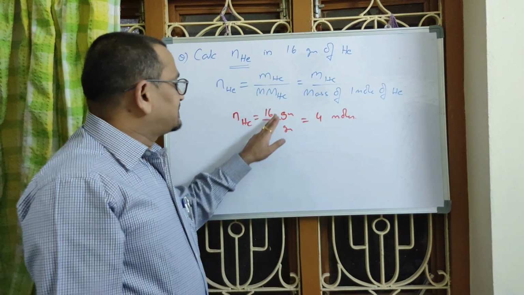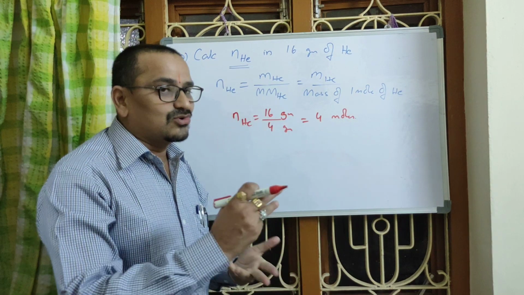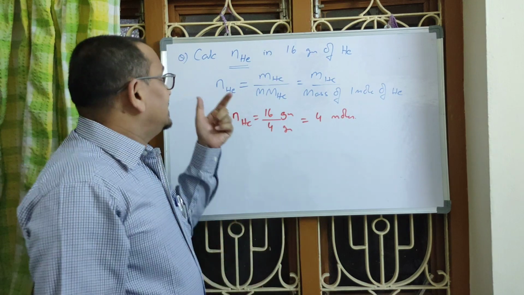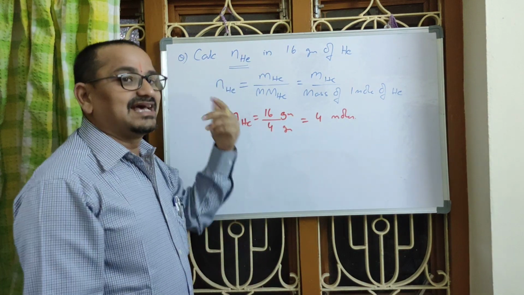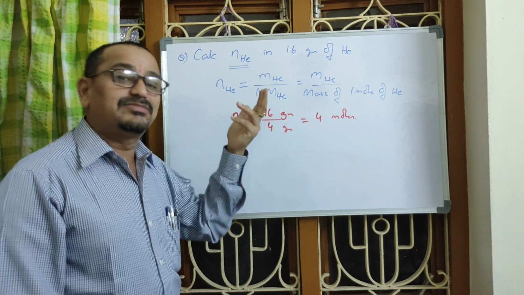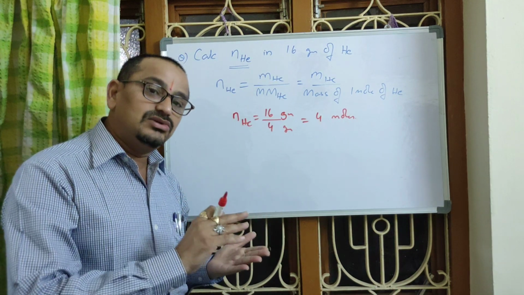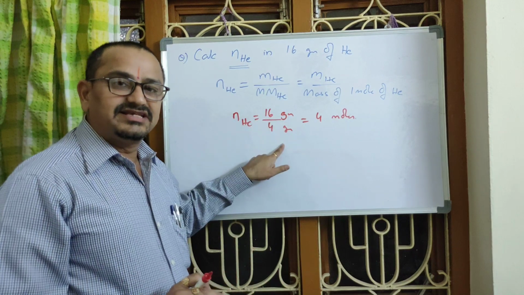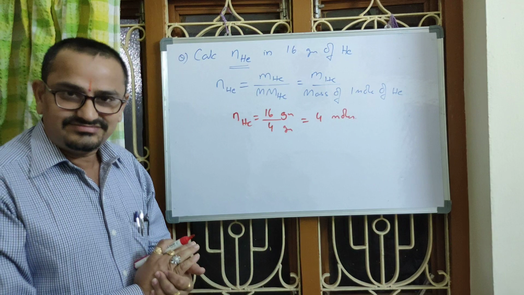Even as we are expressing every parameter in terms of grams, number of moles is also called number of gram moles. Both are the same. Don't get confused. In one reference book, you may see the same question as calculate number of gram moles, and in another book, they may ask the same thing as number of moles. Why do we also express it as number of gram moles? Because we are calculating everything in terms of grams. So this is the way.